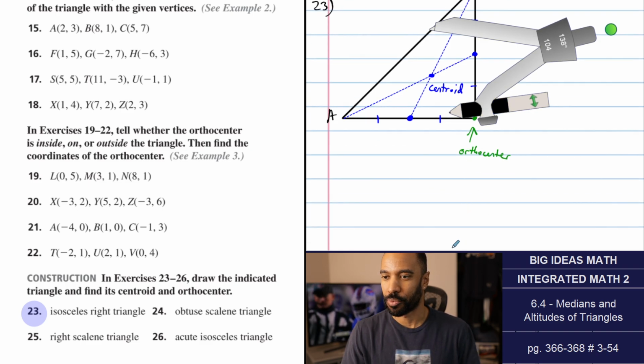All right, that was number 23. Let's jump to number 24. We need an obtuse scalene triangle. This one's